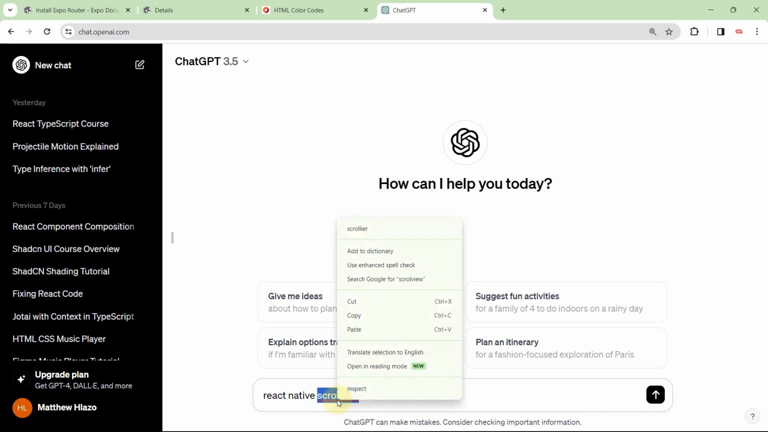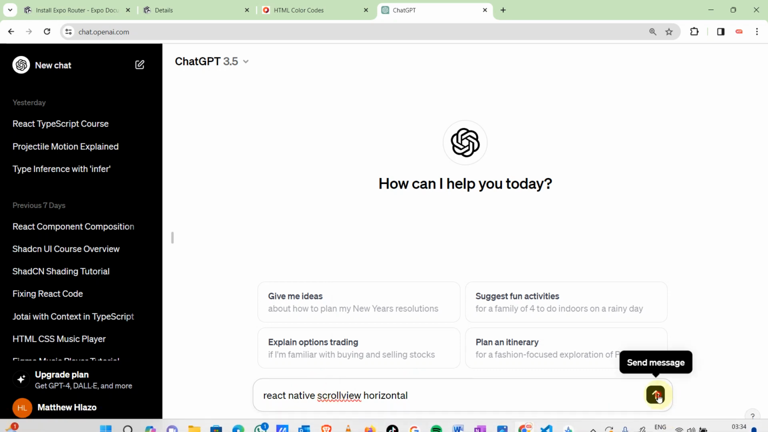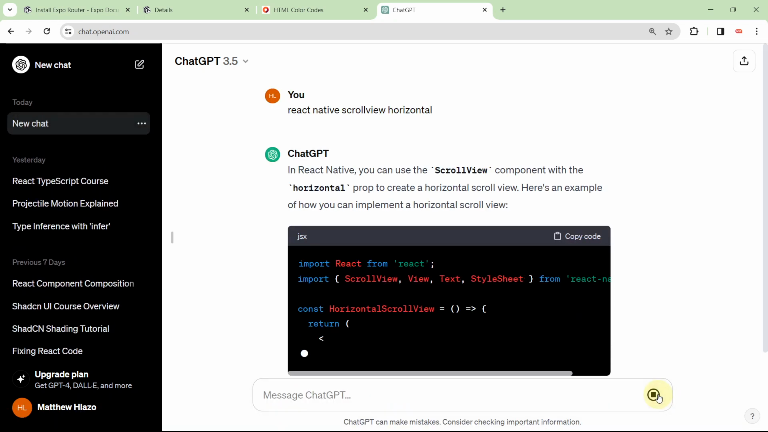Okay, guys, scroll view, let me just type scroll view horizontal. Okay,